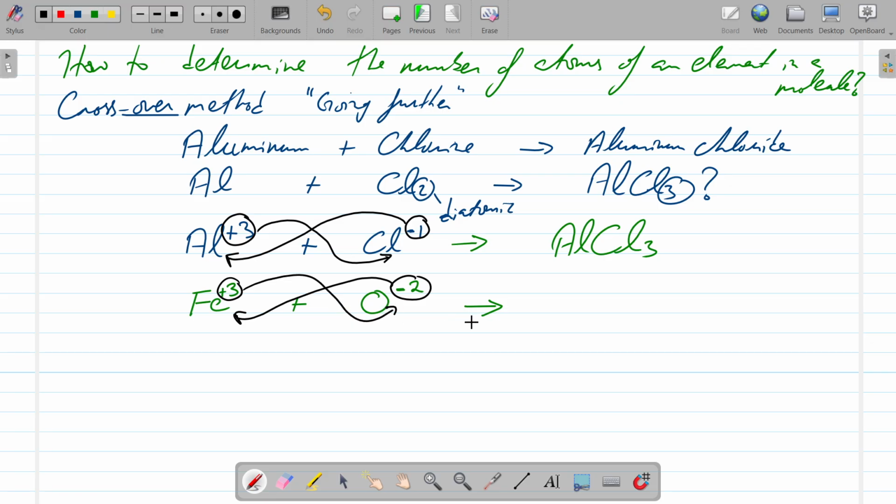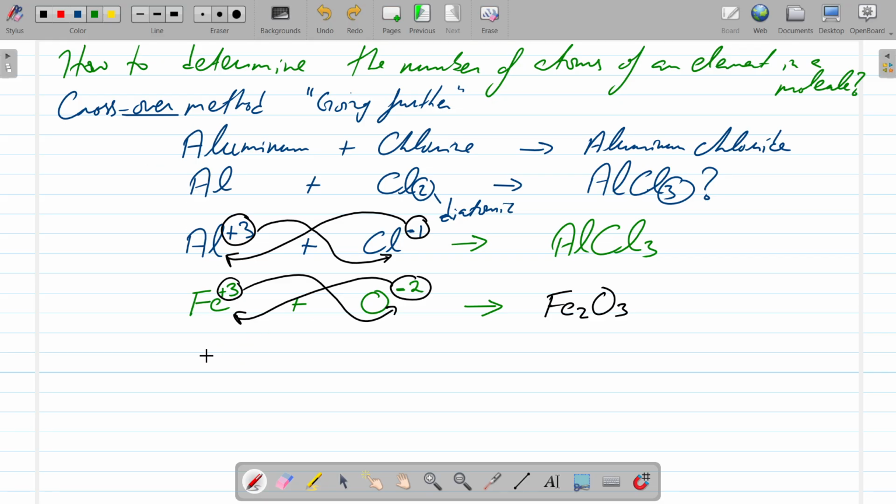So iron will be 2, so it's going to give you Fe2O3, and oxygen 3. Now, in the case of, let's say, copper 2 oxide, so you've got copper,